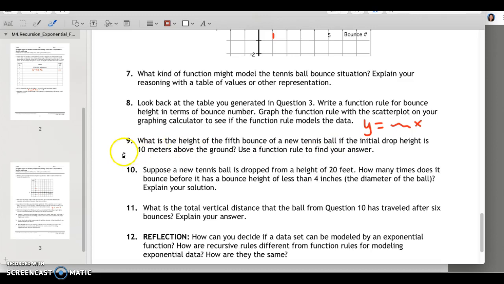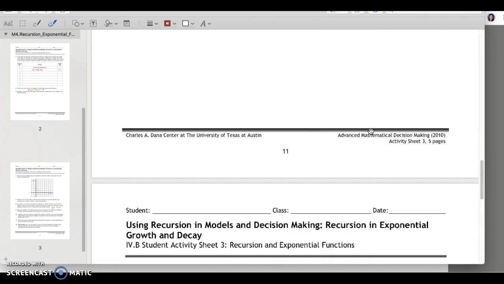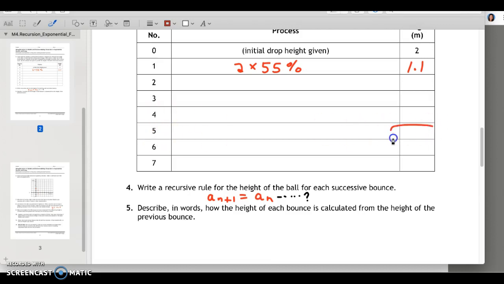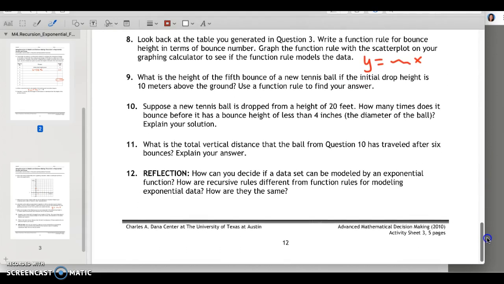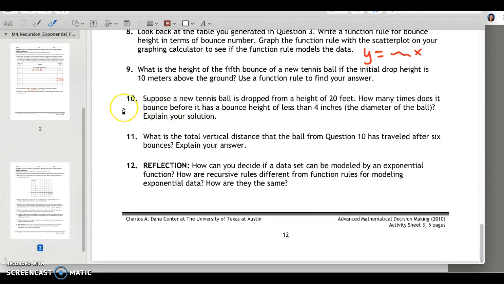And number 9 is where you're going to test your function rule. Can you put 5 in for X and it gives you the answer that you calculated here in your table? If so, then hopefully your function rule is correct. Number 10